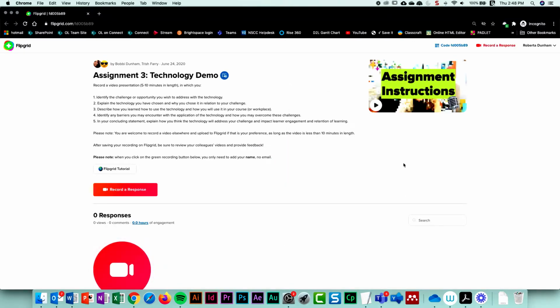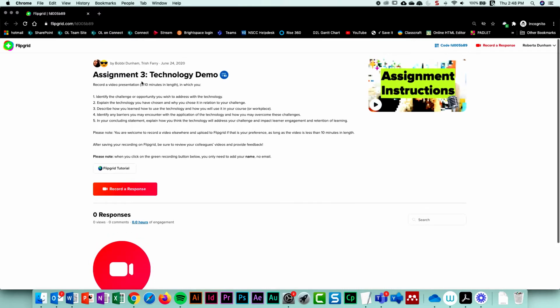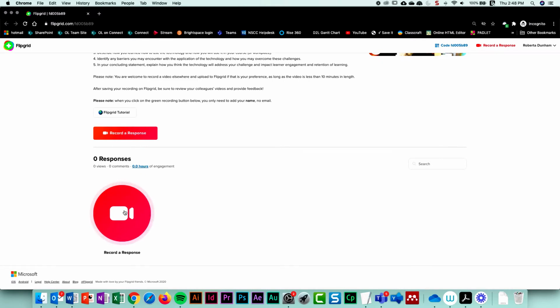So it's the same instructions as you would see in Brightspace. There are instructions in video form, and there are instructions in text form, but all you need to do is keep track of what the specifics are for the video. So in this case, we're looking for a 5 to 10 minute video in this assignment. Other assignments, it may be only a 2 or 3 minute video. So check for what you need to do, and when you're ready, go to the bottom and click on the